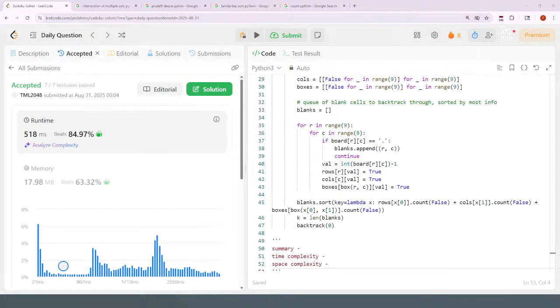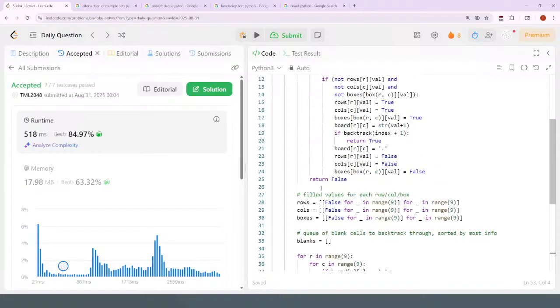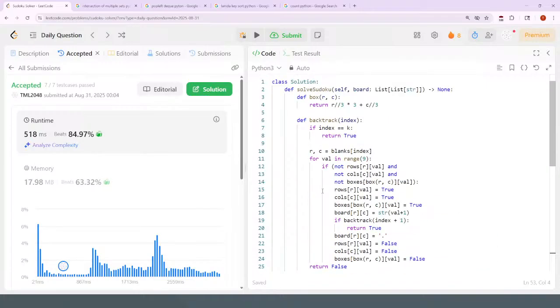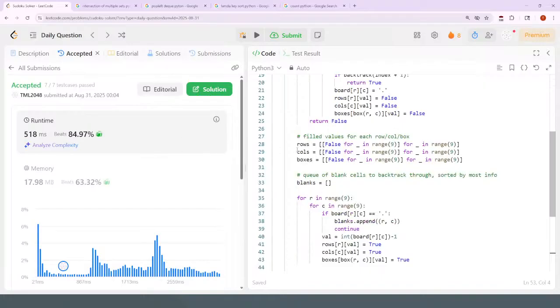Alrighty, so I looked at my previous answer and it ended up being backtracking. I'm going to try to explain it. So the setup is going to be you want to